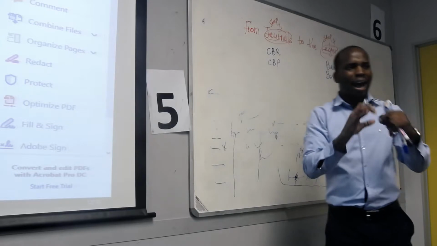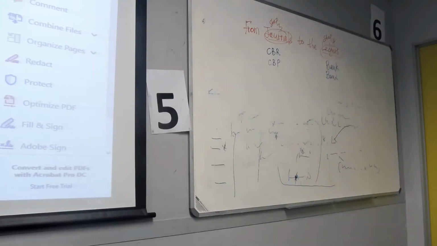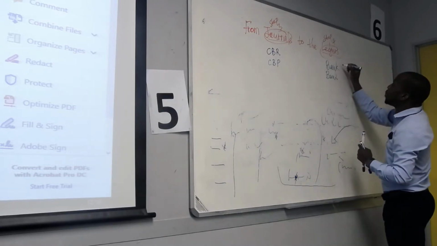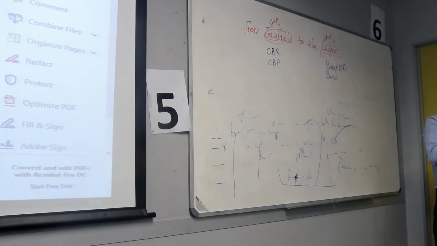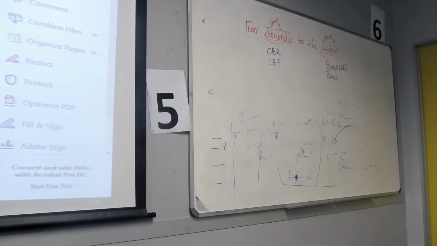So what they are writing underneath each and every journal, as we call them, is that if we are in CBR, they tell you to debit bank. You debit bank, you credit everything else. The second transaction, if we are selling, there's going to be cost of sales and inventory. We debit cost of sales and credit inventory every time we are making a sale, more so because we are using the perpetual inventory system. Does that make sense?